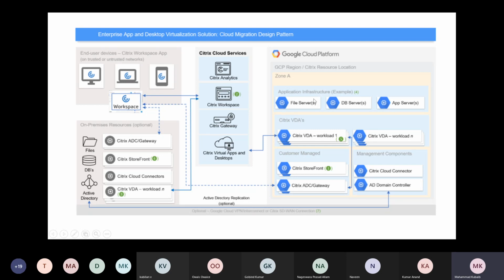Here again, you can keep your StoreFront in the cloud if you want, or you can deploy your ADC also in the cloud, and you can also integrate your cloud resources in the on-prem as well. What does it mean? So for example,